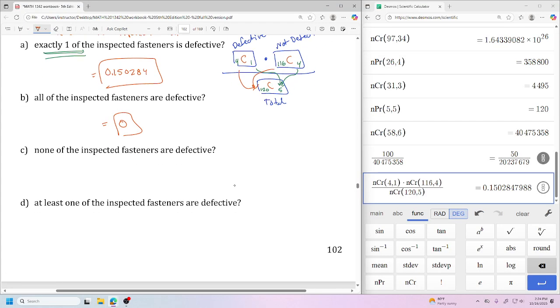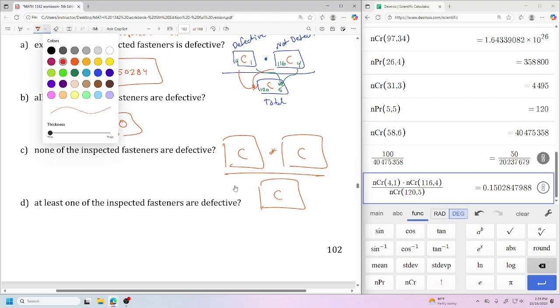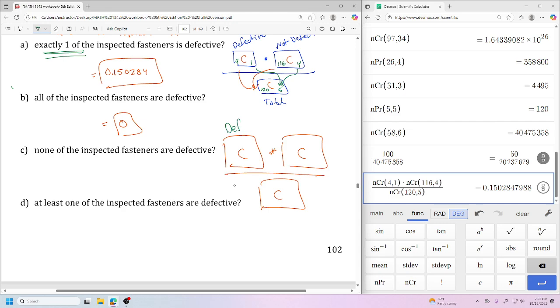Okay, what's the probability of none of them being defective? That's okay. We can do that one. So I'm going to do the boxes again. I'm going to make them a little bit bigger, I think. Okay, so I got a C, and a C. So this is defective. This is not defective. So how many total defective do we have again? What's my total defective for this problem? 4. How many am I supposed to be holding in my hands right now? 0. Very good. Okay, non-defective again would be